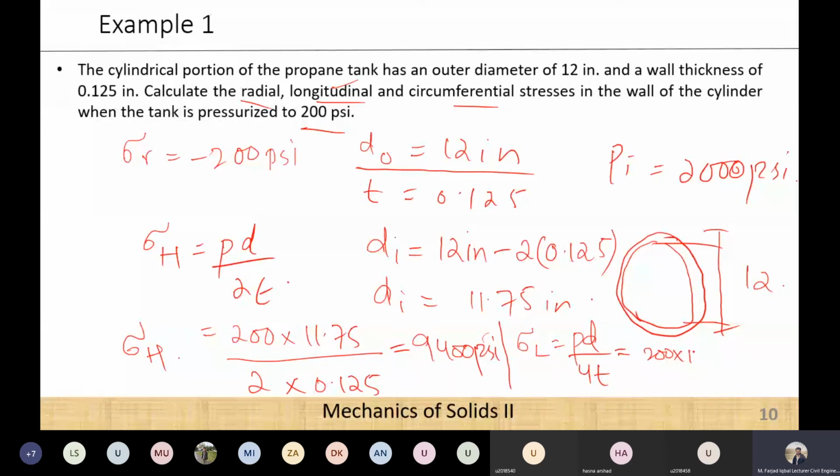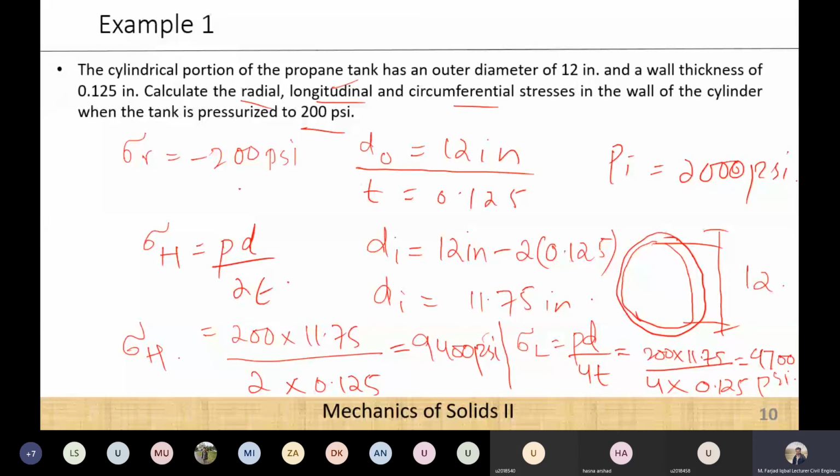Is it 4900? Can someone confirm this answer? 4700. How much is it? 4700. Okay, 4700 psi. Now, yesterday I told you one thing, that in the case of thin cylinders, the radial